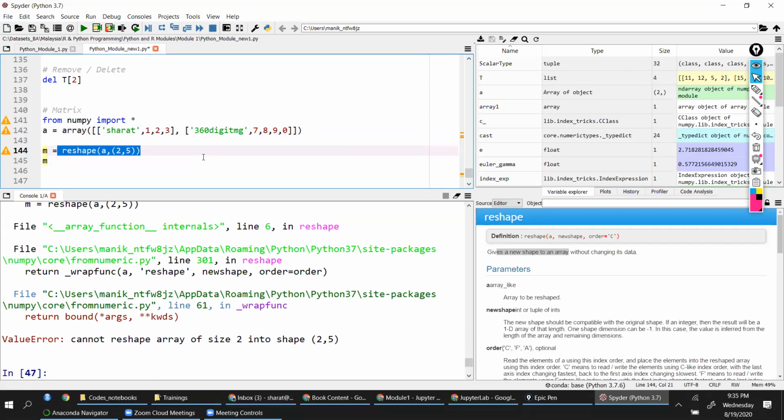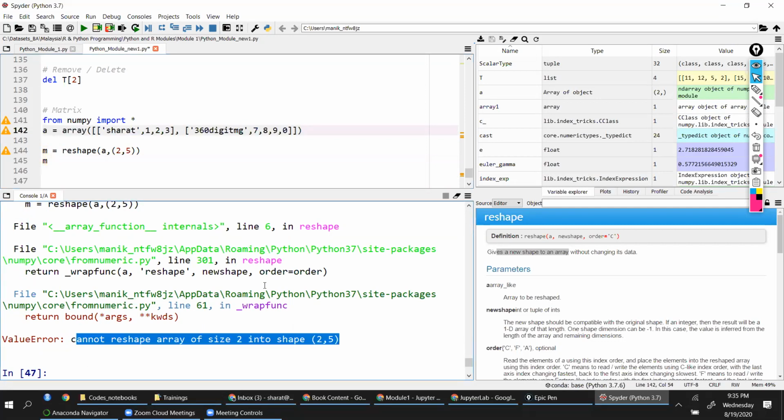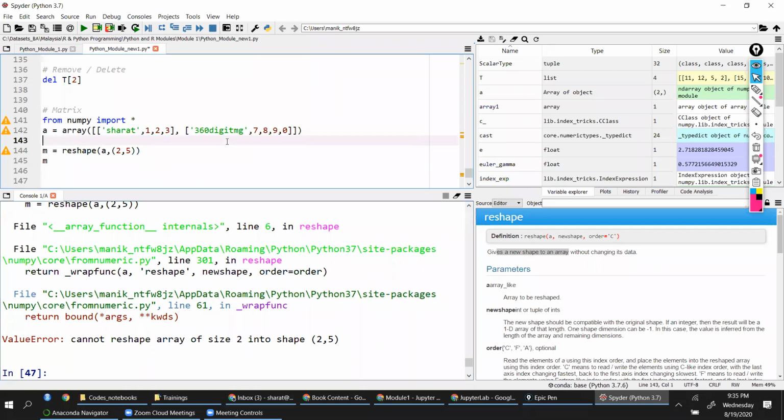Now, when I do reshape here for this array, what does it say? Cannot reshape. Why can I not reshape? Because my two-dimensional array that I have has